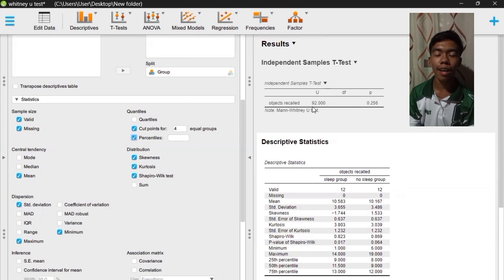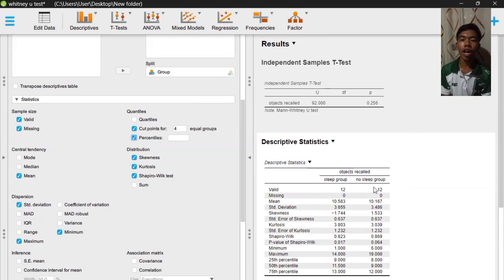In this case, objects recalled are the data and the two groups, the sleep group and the no sleep group, are presumably independent. In deciding, we can make a decision that the Mann-Whitney U-test statistic is 92 with a significance value of 0.256. And since our significance level is typically set at alpha 0.05, we fail to reject the null hypothesis.